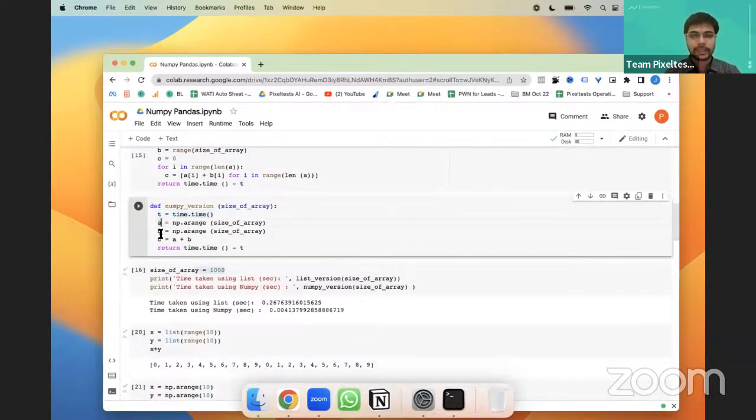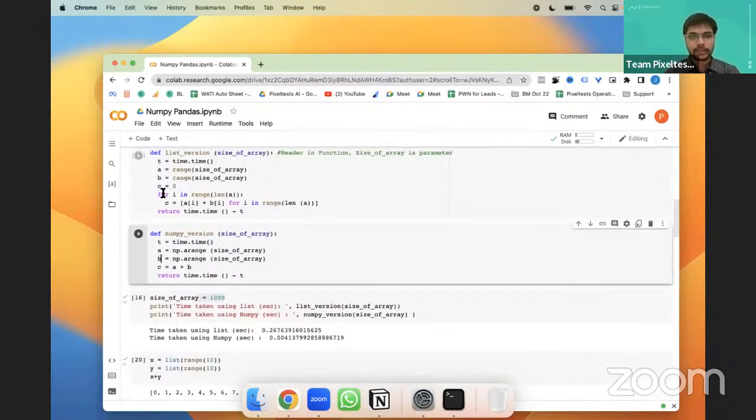Then we are creating two variables like we created here, and we are using a function called arange, right? What arange does in NumPy is similar to range, but it will start from 0 till whatever size we are giving. So this will also be in the same fashion, right?